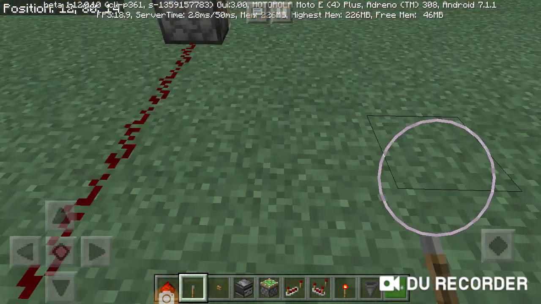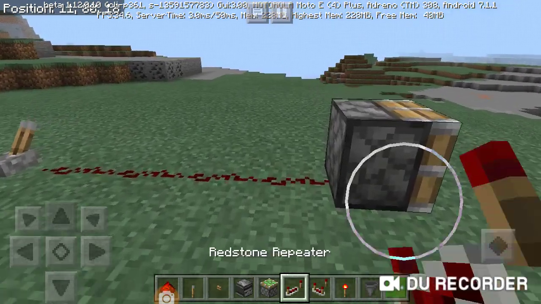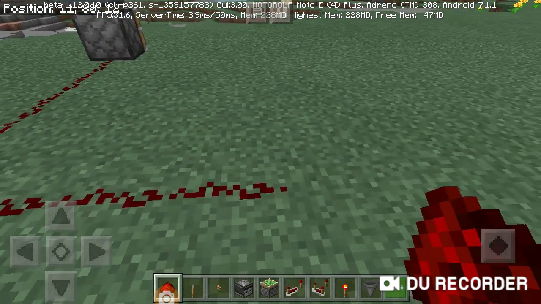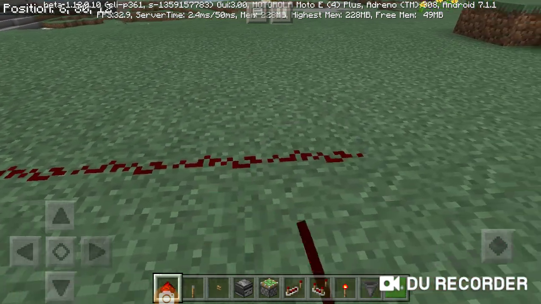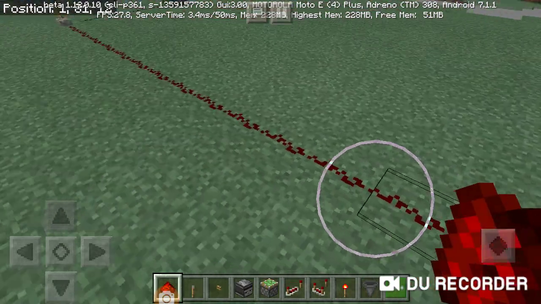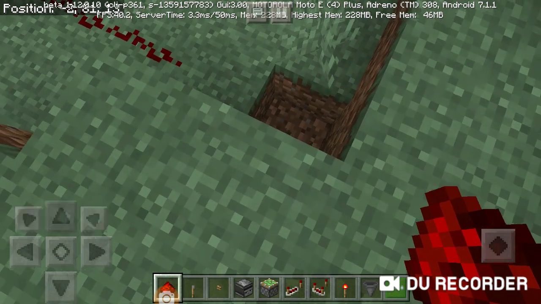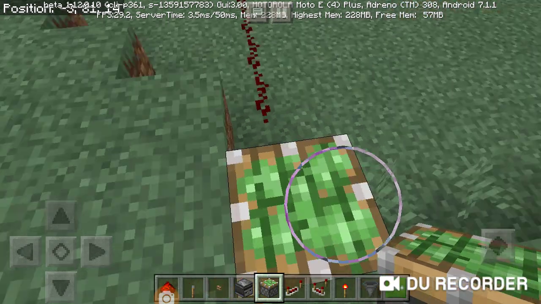Now, what these things do, redstone repeaters, is if you've realized that redstone only goes 4, 5, 6, 7, 8, 9, 10, 11, 12, 13, 14 blocks. Anything farther than that, so if I do 15 blocks, the signal will not reach. So if I were to put a simple piston right there,